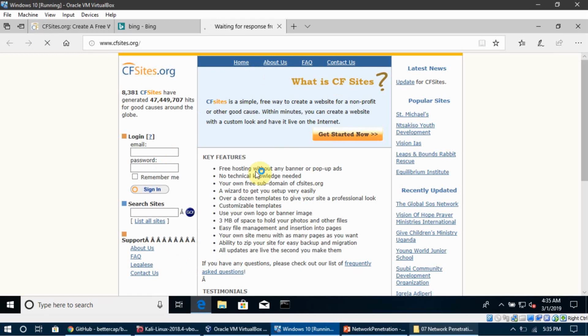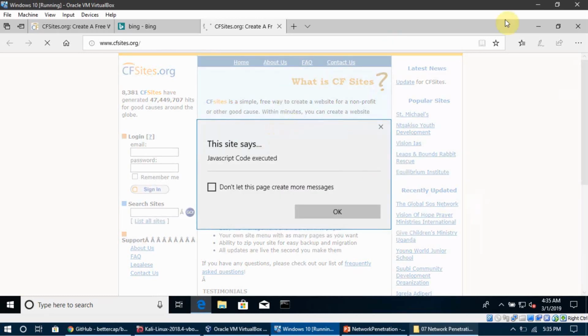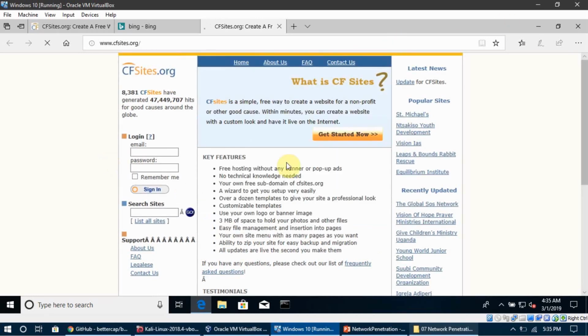So there are a lot of JavaScript codes we can use. You can Google them, and then you can steal their cache, and you can steal their cookies, and you can do all that stuff which can make things happen on the browser of our target. So it is very easy.